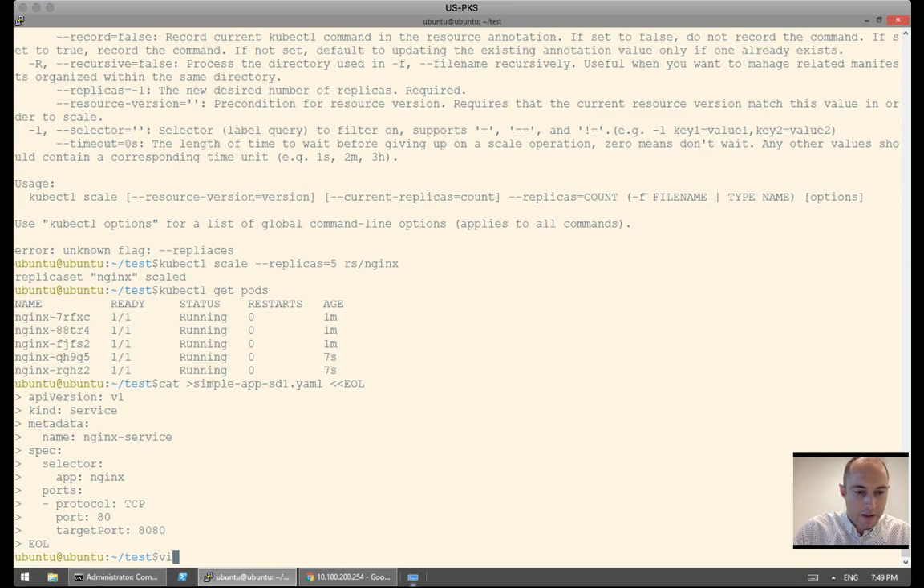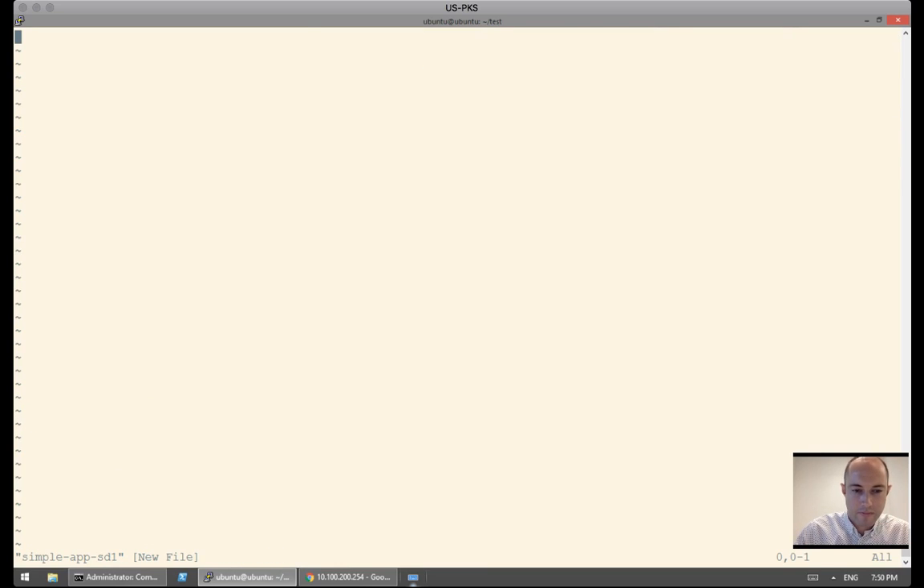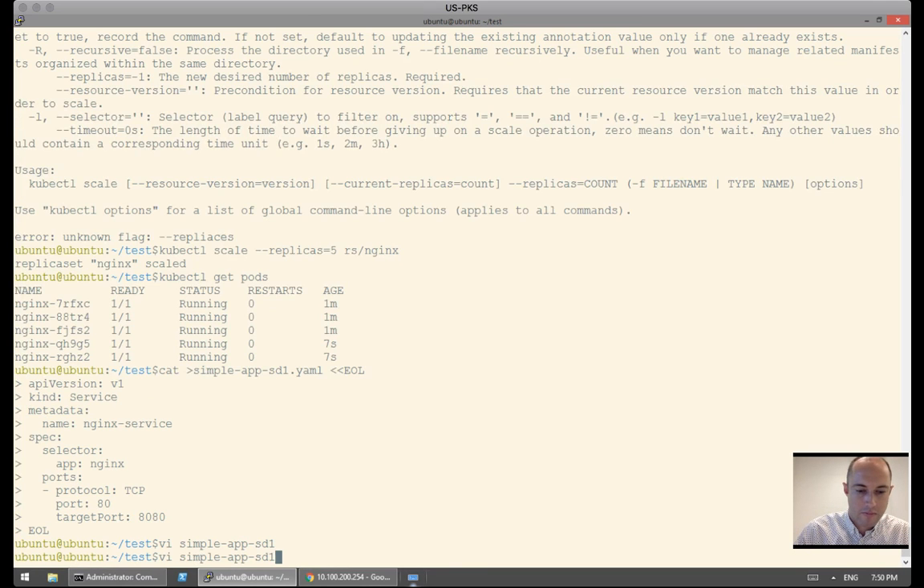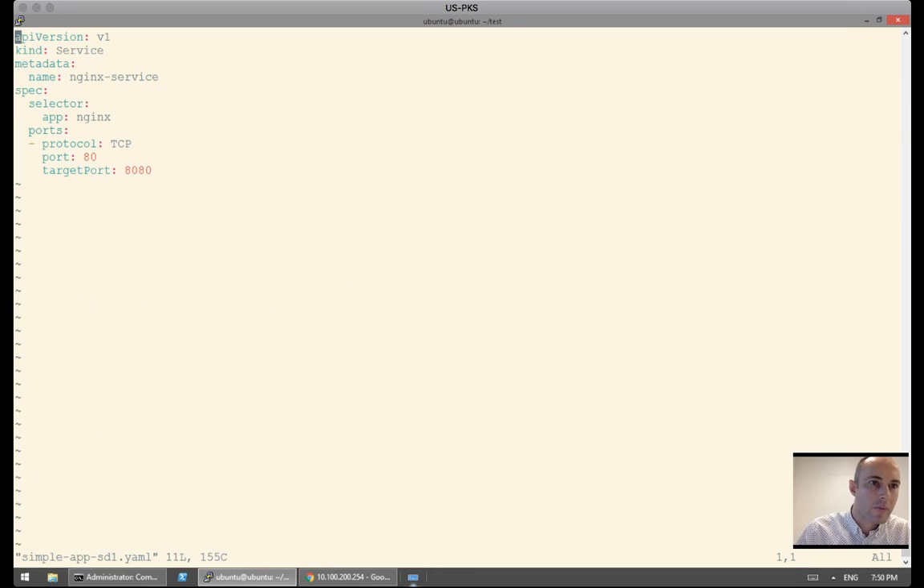Okay, and now let's take a closer look. So API version is changed and kind is changed. So kind is service, and for that definition in Kubernetes, I have to adhere to a certain version, in this case version 1. I've called it Nginx service,